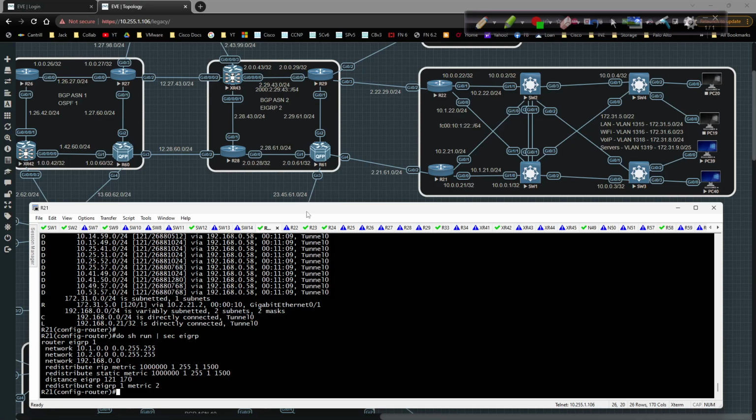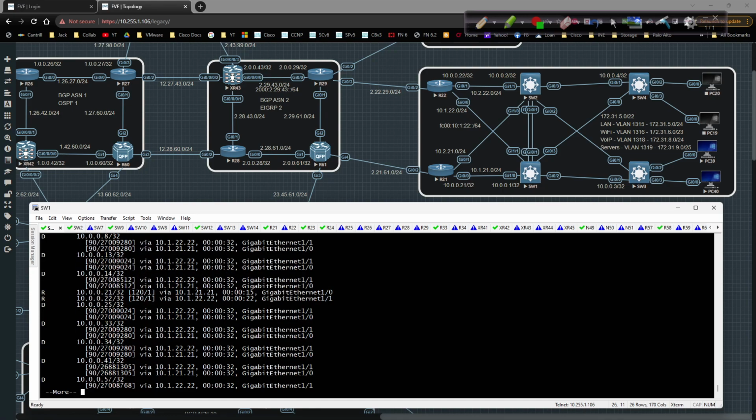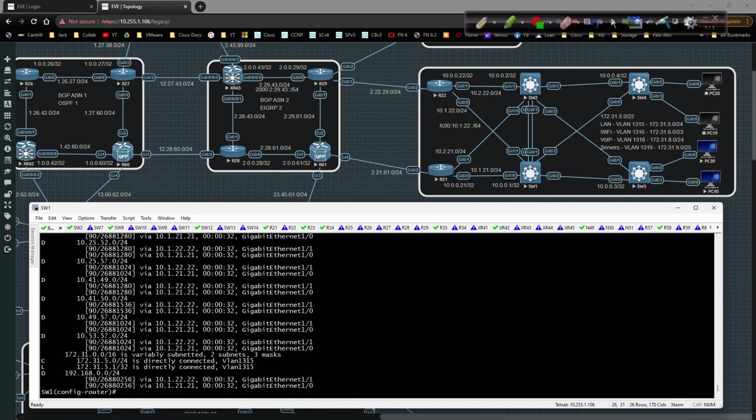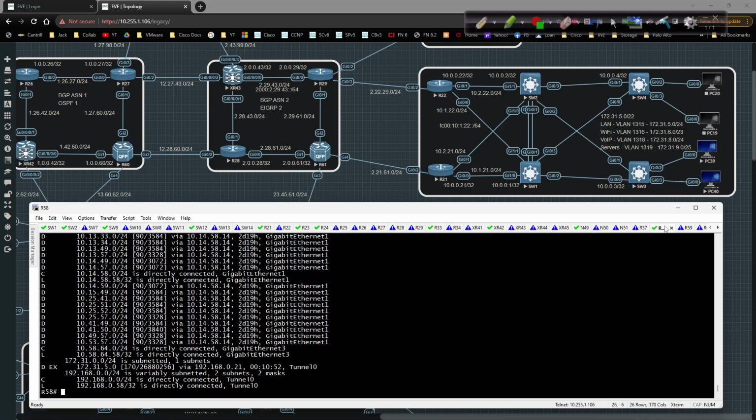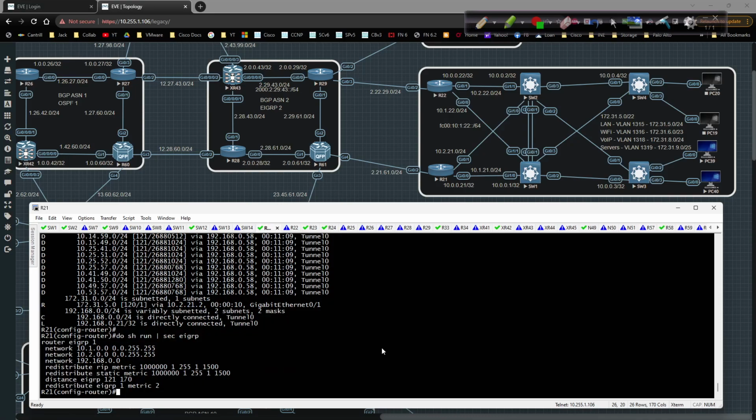Okay, good. So now if I go back to switch 1, do show IP route, it's still coming through as EIGRP, or I'm sorry, as RIP. But as you can see, I have EIGRP routes coming across, and if I go to 58 now and I hit the up arrow, we should see this /21 is coming across as EIGRP. Now that's because I still have RIP still enabled. So if I was to go to say R21 and say no redistribute RIP,